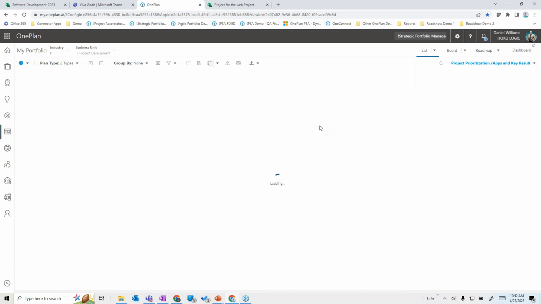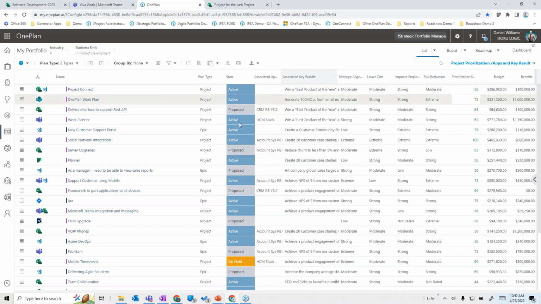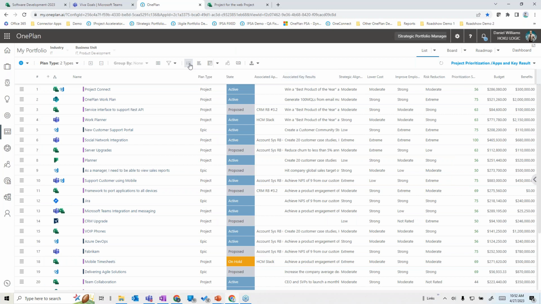And in this particular case, I'm looking at the same roster of projects, but the data points I have in this view are different. For example, what are some of the associated applications? What are the associated key results that I have with these different plans? What's the prioritization score that I have? Or potentially, what ranking do I have after I force rank these things and I drag and drop them into different force rankings as I use the prioritization score as a guidepost